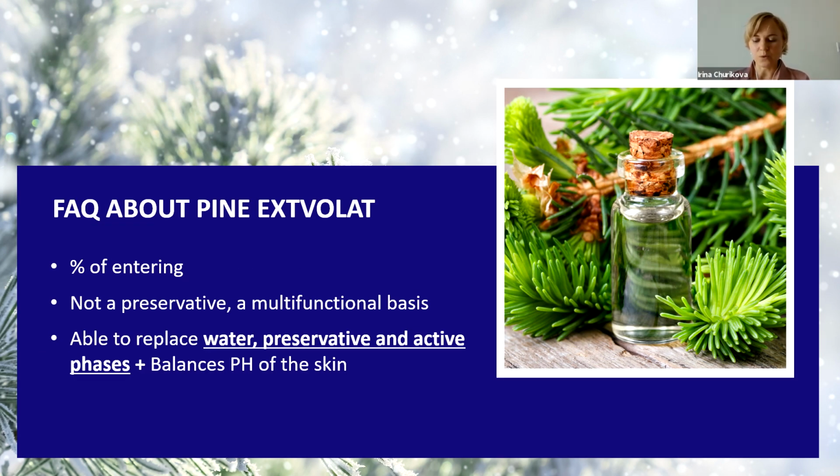So basically, when we're talking about Pine Extvolat, what I want you to hear: the first is that it is 100% natural. It is a liquid extract that we obtain from the pine tree trunk. And when we started to tell people about that, when we started to present it at exhibitions, our clients were really impressed about the self-preservative property, and they started to ask, okay, so